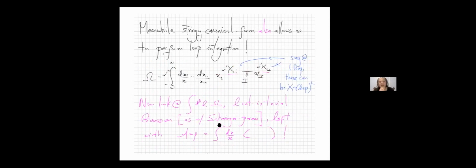Because meanwhile, we also learned about stringy canonical forms, and I just want to emphasize that if we could associate stringy canonical forms naturally with the Surfacehedron geometries, that would also allow us to perform the loop integration. And why is that? Because it's, again, just like in Schwinger parameterization. The natural and beautiful way that we could hope that this would arise is through these binary geometry realizations of the polytopes.